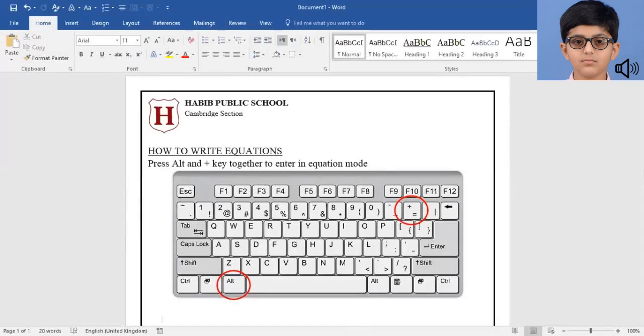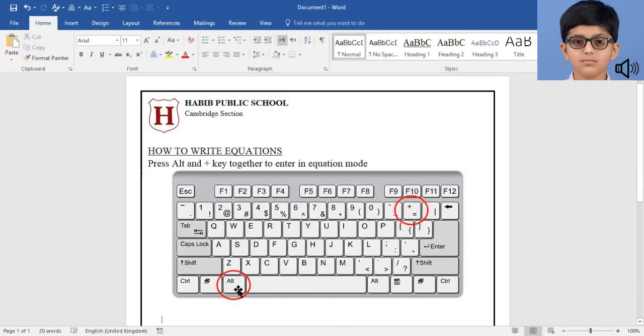I want to point out that the students who will be attempting to solve their assignment via mobile phone will not be able to write equations in mobile. So it is recommended for mathematics to use either their laptops or their personal computers.